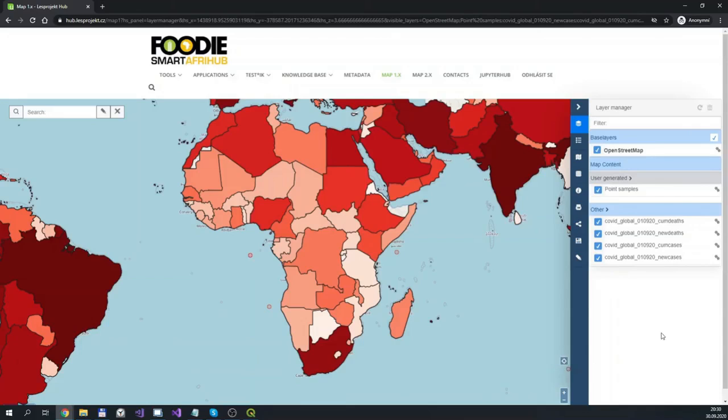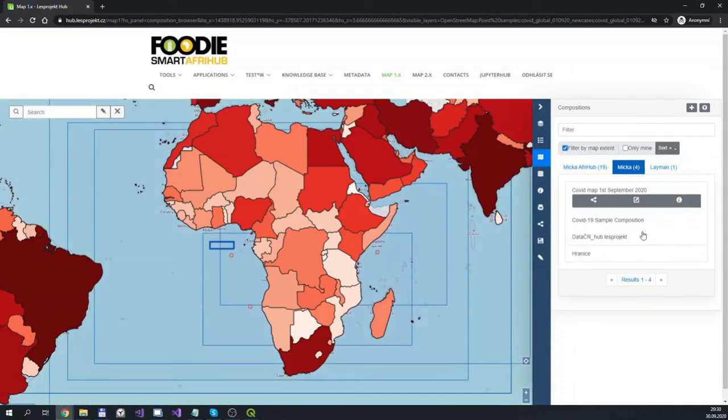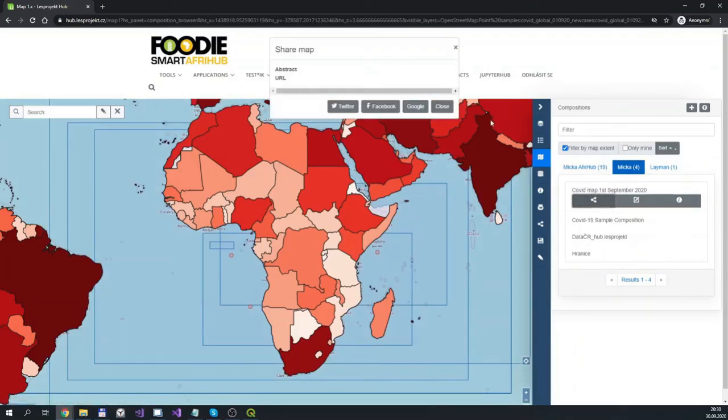Okay, there is probably one last thing that I should mention, that you can also share those compositions to social media. You can do it either from here, from the compositions panel with this button.